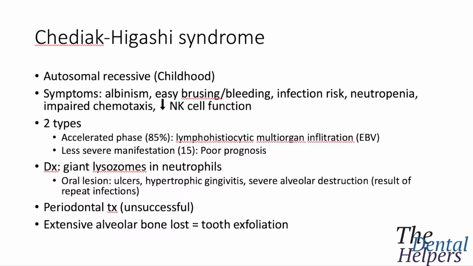Chediak-Higashi syndrome, it's autosomal recessive, mainly seen in kids. Basically, these kids are going to have albinism, easy bruising, bleeding, higher risk of infection, neutropenia, impaired chemotaxis, decreased natural killer cell function. There are two types. You have the accelerated and the less severe. The accelerated phase is going to be a lymphohistiocytic multi-organ infiltration, and this is going to be related to Epstein-Barr